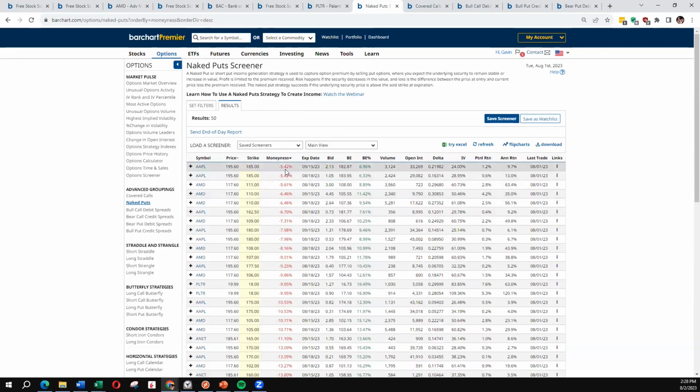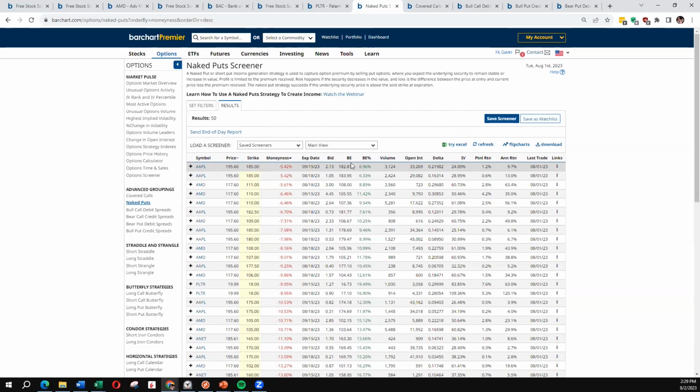If I want to be closer to the money, I might change filter by the moneyness and look at the closer to the money strikes for, say, Apple. You can see here selling the 185 put for September. It's trading about 2.13. Probably going to be able to sell that for about 2.10. So we'd receive about $2.10 in, or $210 in option premium. And if the stock drops below 185 at expiration on September 15th, we'd be assigned,